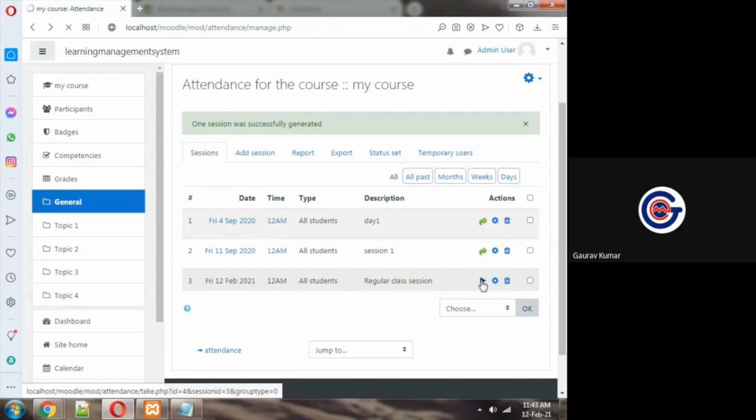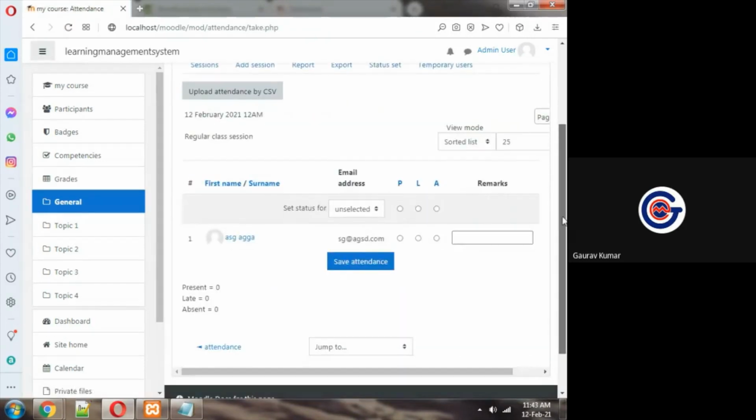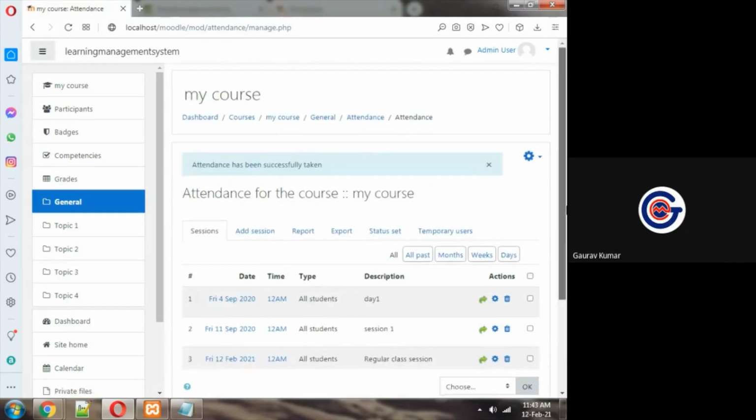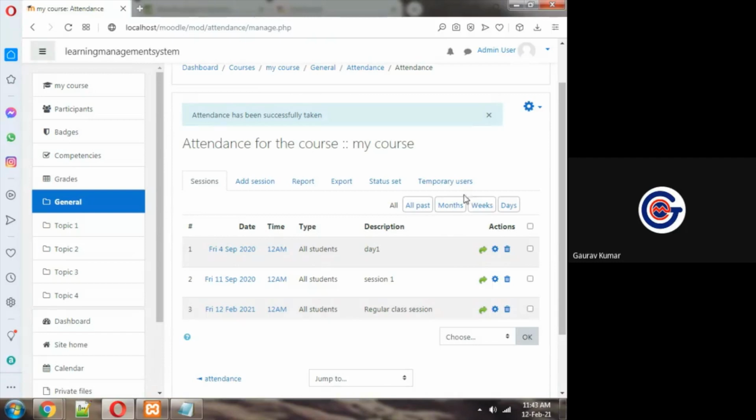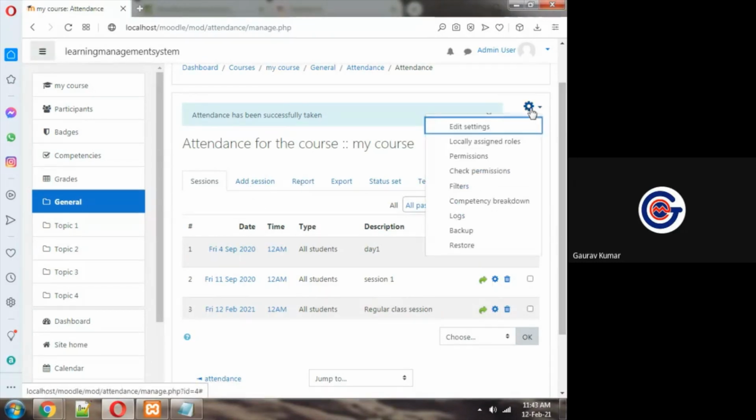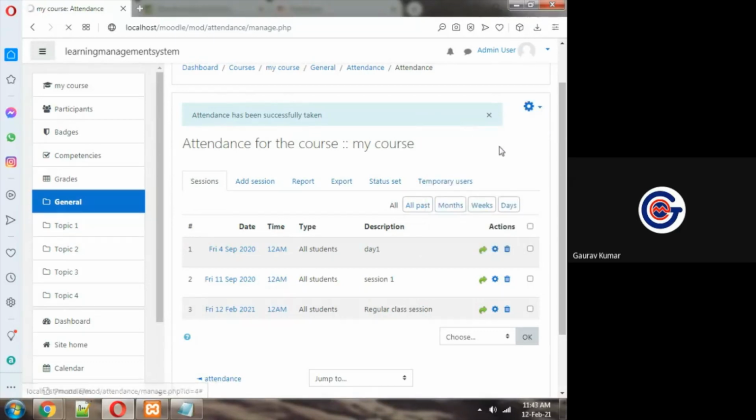On click of this, now present, leave or absent. Suppose this particular student is enrolled. I want to mark them present. Save attendance. Now attendance is marked. If I want to put another session, or edit settings of this particular thing, it can be done.